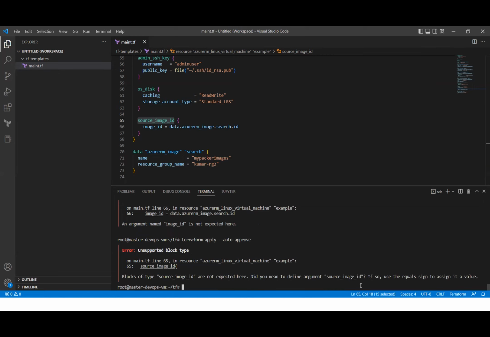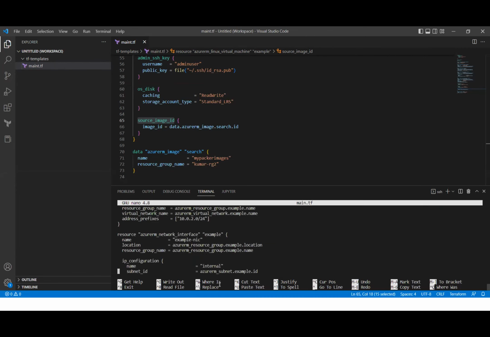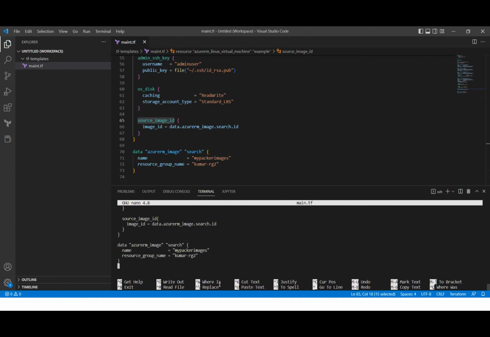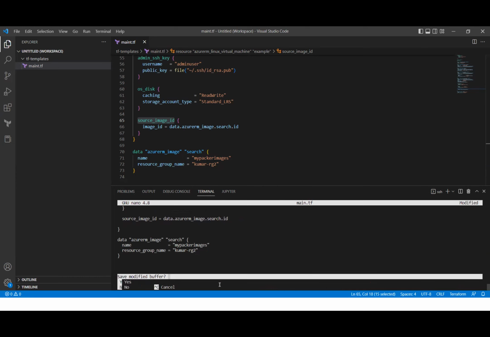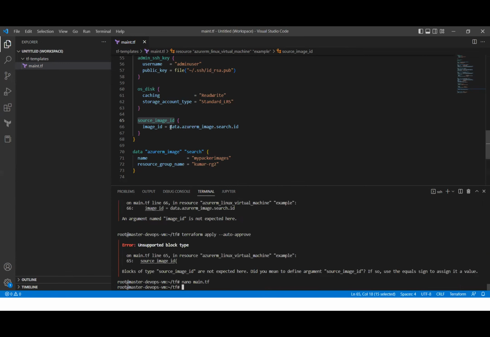So it says, did you mean to define source underscore image underscore ID? If so, use equal signs to assign a value. Oh, fine. Now I understood my mistake. Source underscore ID is equal to, you don't need to mention this one. It is saying image ID is equal to, you can pass this by passing equal values. Cool. Thank you. Same thing I'll do here. You don't need to pass this one. Double equal to,